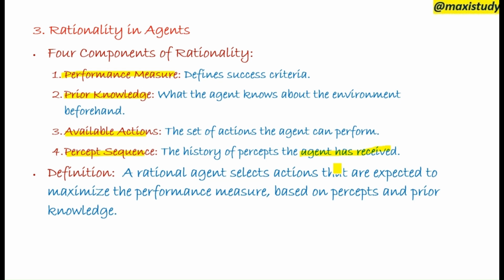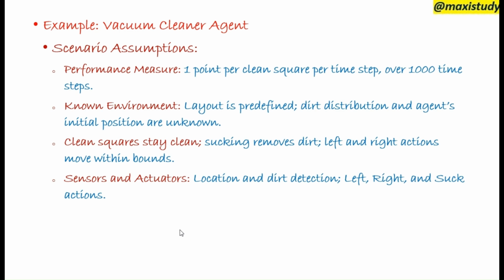In simple words, the rational agent focuses on how good it does, but not how much it does. Again, let's see the example of the vacuum cleaner agent. Is it rational? Let's see. It has a simple function: clean a square if it's dirty, and move to the next square if it's clean. Here we are using two conditions: if it's dirty and if it's clean. If there is dirt in the square, it should clean. If it's clean, then it should move to the next square.